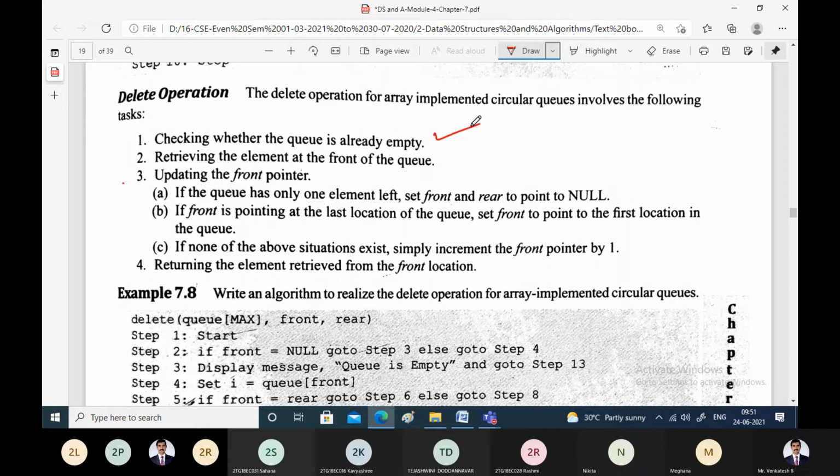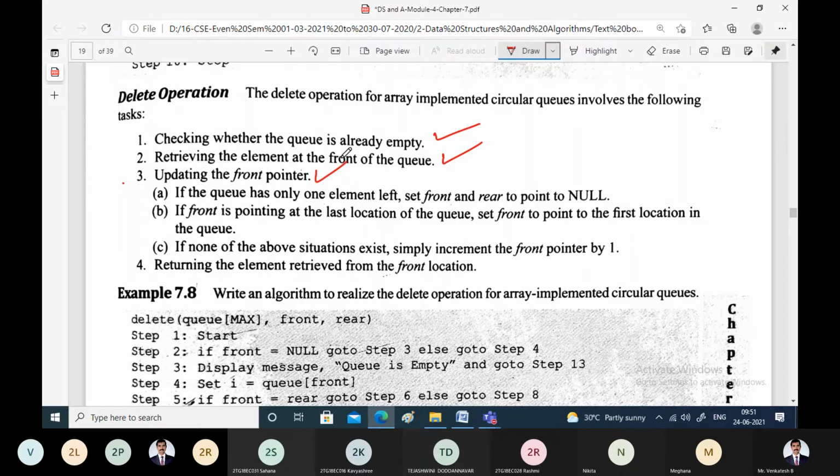If the circular queue is not empty, you take the element which you are trying to delete and store it in a temporary variable. Then you have to update the front pointer because we are deleting elements from the front end of the queue.